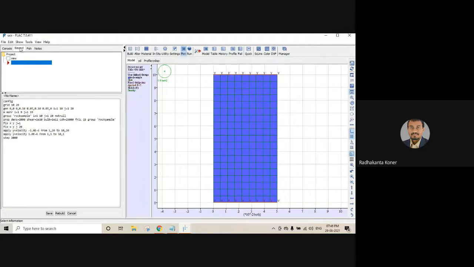Now, what kind of loading condition are you using? Whether you are applying some external load, or whether you are relying on the gravity load of the material itself, that is the self weight of the material. And the next is how much time step you will select. That is a very important question placed by Mr. Sikandar Kumar, who is also a student of our department: what should be our guideline that the solution has reached equilibrium or not.